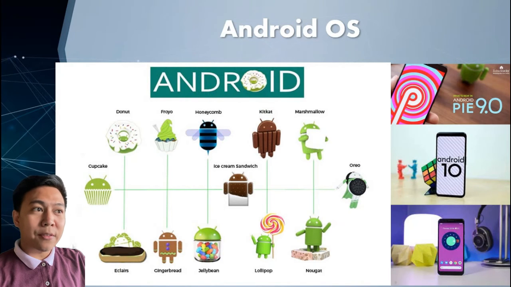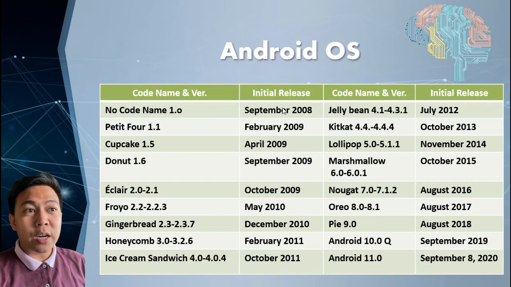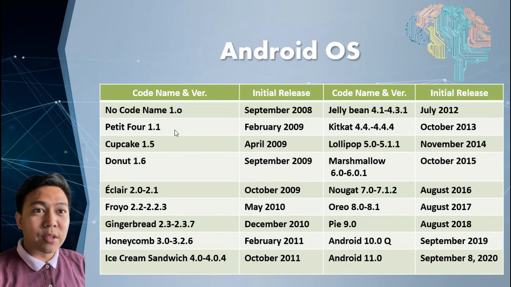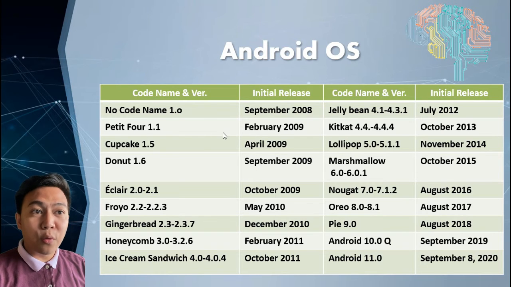For Android, we have several Android versions. Let's see. We have the first, with no code name, 1.0, because they hadn't created the Android OS names before. It started in 2008 and the first name that they created was Petit Four in 2009, Cupcake April 2009, Donut 1.6 September 2009, Eclair October 2009, Froyo May 2010, Gingerbread December 2010,